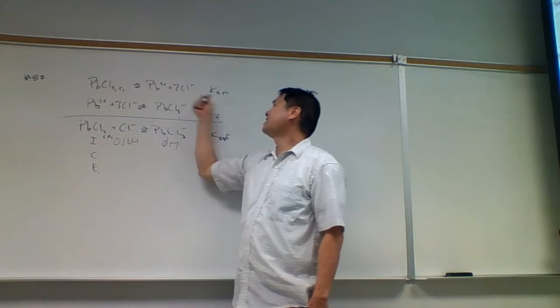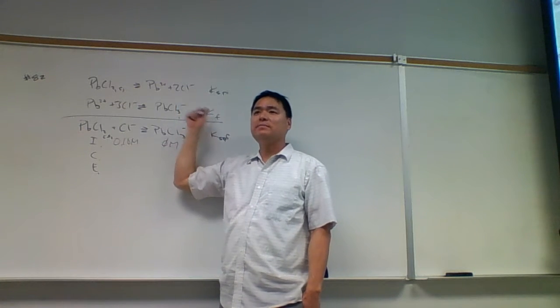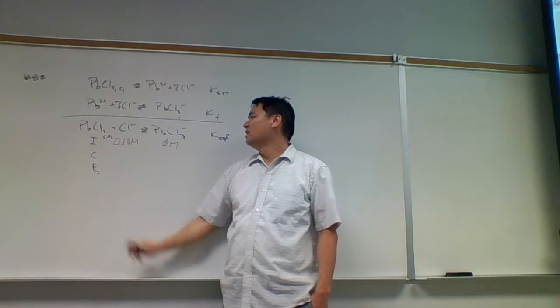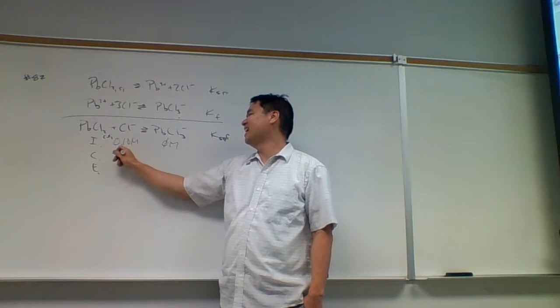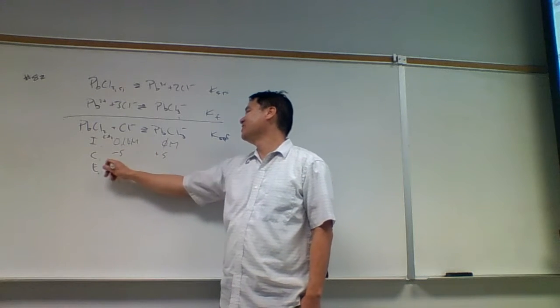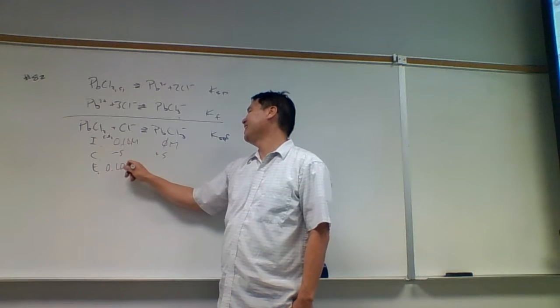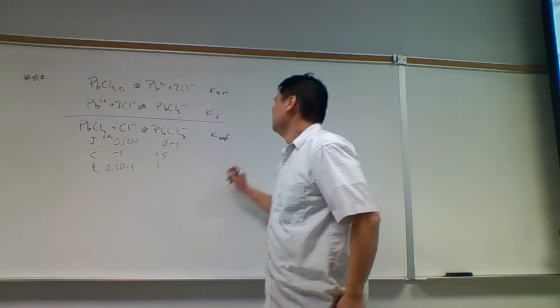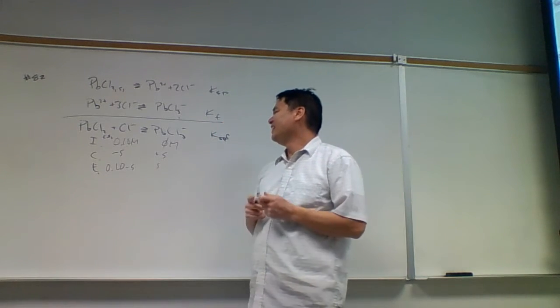KSP is small, generates very little, KF is big, and eats it up. And so this should be minus S, plus S, and we end up with 0.10 minus S, and then S. And so the KSPF is going to be equal to